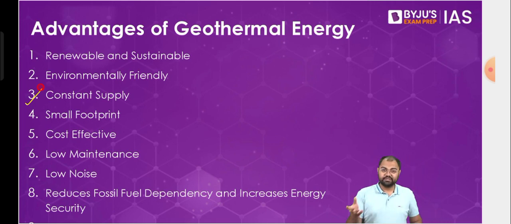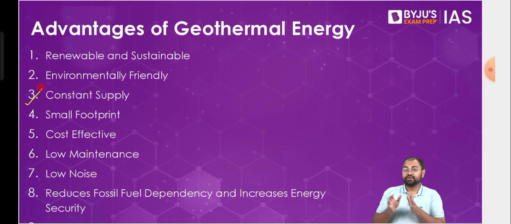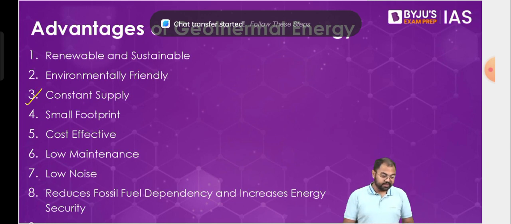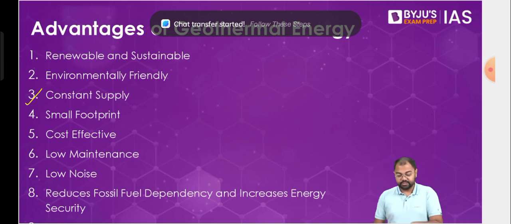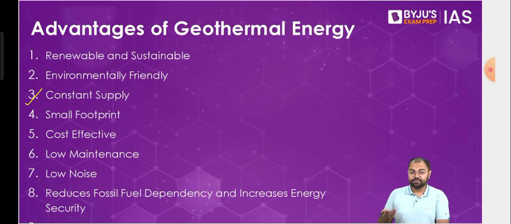So, for example, in case of solar energy, we know that at night you cannot produce it, and in case of wind energy, we discussed that there is a fluctuation that always happens in wind. So that's why you do not have a guarantee of how much energy will actually be produced, and that's why there might not be a constant supply of energy. That is not a problem with geothermal, because geothermal energy will always have a constant supply from the heat source where we are trapping the heat.